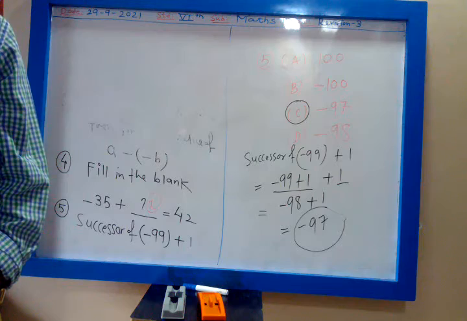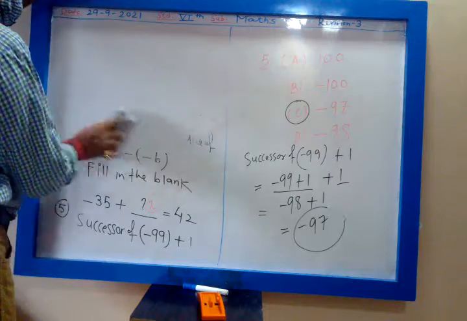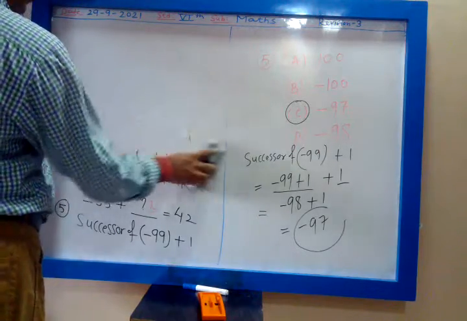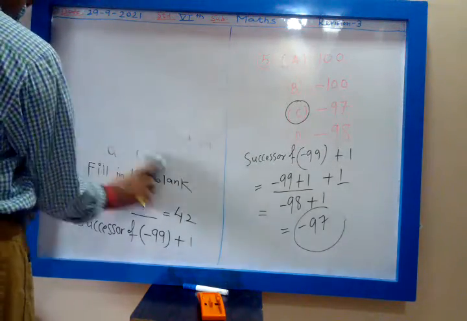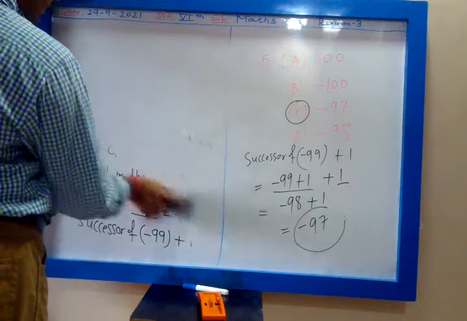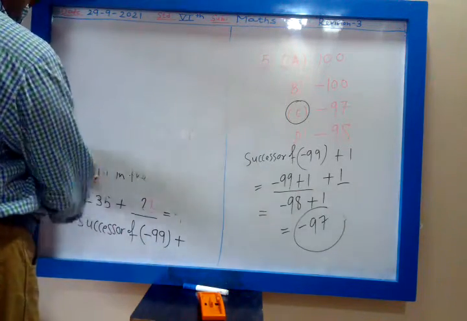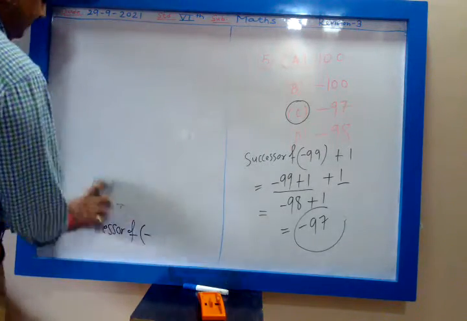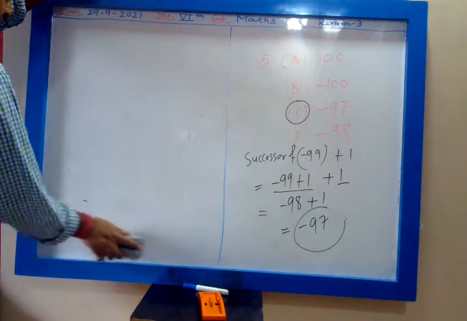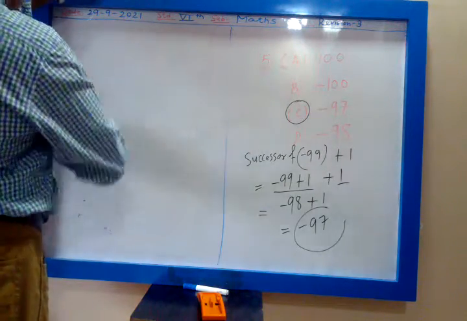Soham Dhanamre 5 out of 4. How is it possible, my dear? 5 out of 4, how is it possible? Then you are writing an improper fraction. If you are writing 5 out of 4, it means you are writing an improper fraction, because the numerator is greater than the denominator.